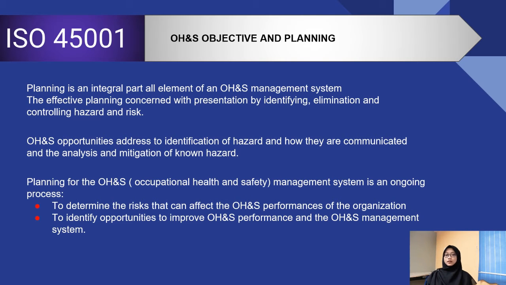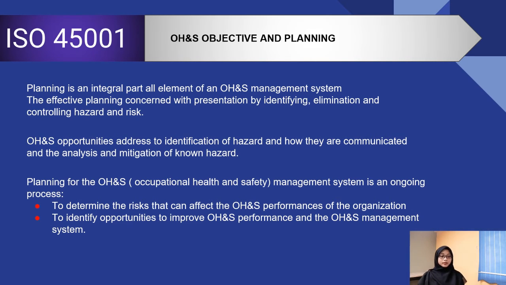Planning is an integral element of an OH&S management system. This planning can be more effective when it is concurrent with prioritization by identifying, eliminating, and controlling hazards and risk. Planning for the OH&S management system is an ongoing process to determine the risks that can affect the OH&S performance of the organization, and to identify opportunities to improve OH&S performance and the